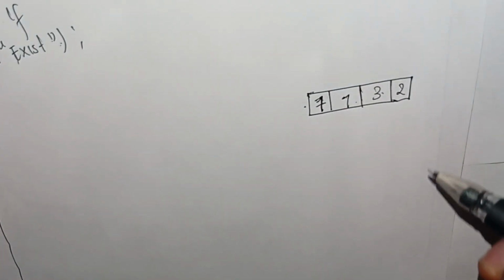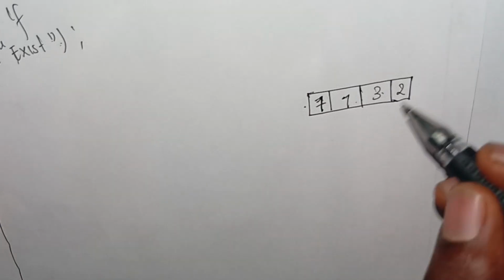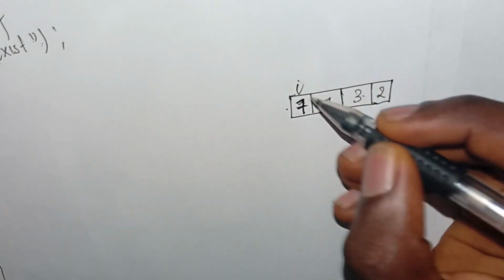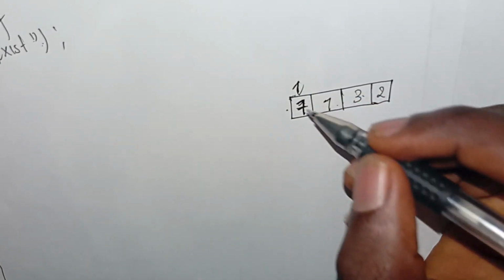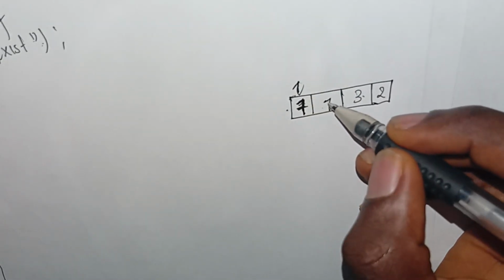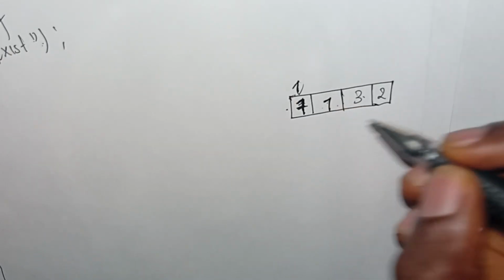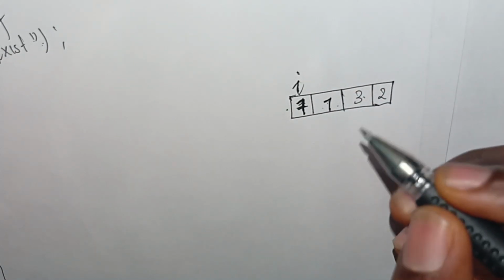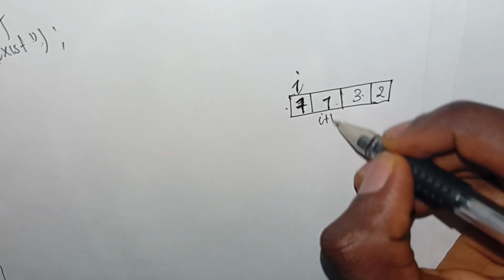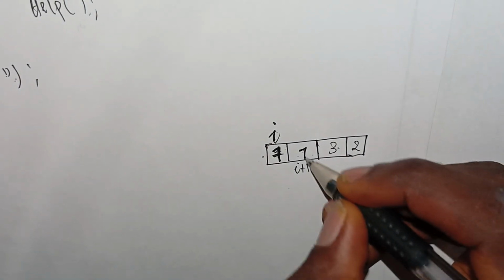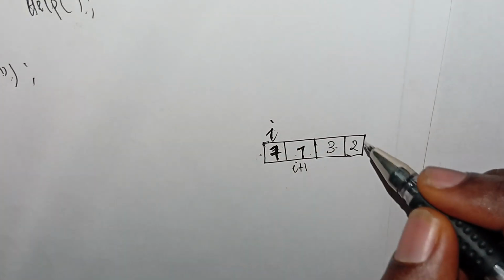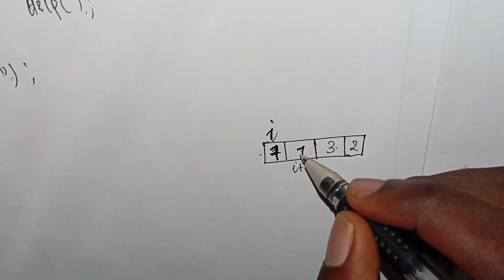So we are going to use a for loop to go through this array. Now in the first iteration, we want to check if the number at this index, this is 1, is greater than the number at this next position. So we want to check if the number at I is greater than the number at I plus 1. So if the element at I plus 1 is less than the element at I, we want to swap their